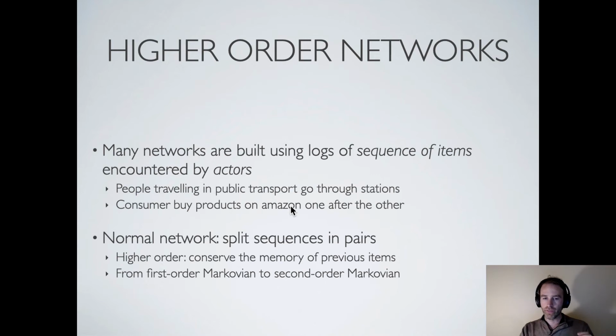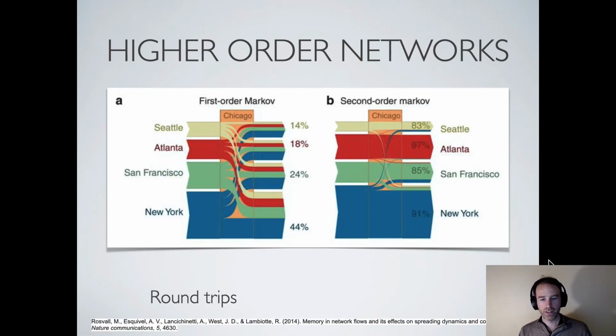So you have again this sequence of items, but when you're building a network, usually you're just considering the pairs of elements which are just one after the other. So that's what we are doing in general, but it could be very interesting in many cases to keep this information. So in the paper, when they introduce this concept of higher order network, the authors give this very